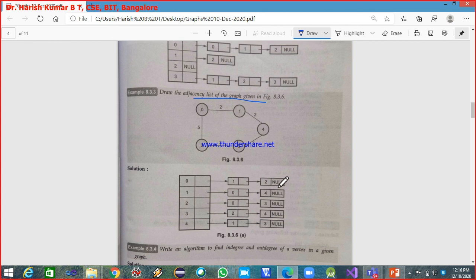From 0 you can go to 1 and then you can go to 2. And these are the weights of these edges. So this is a weighted undirected graph.